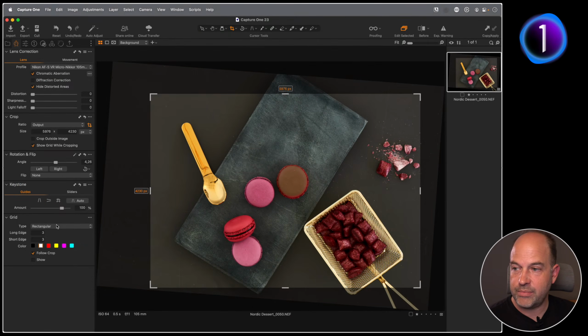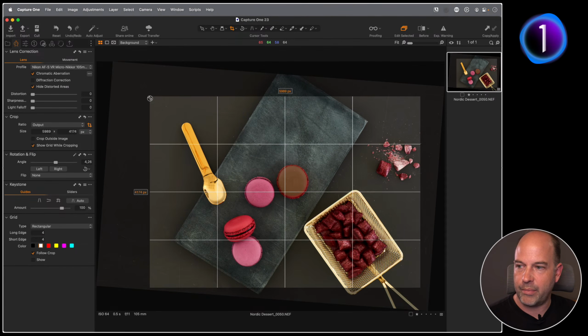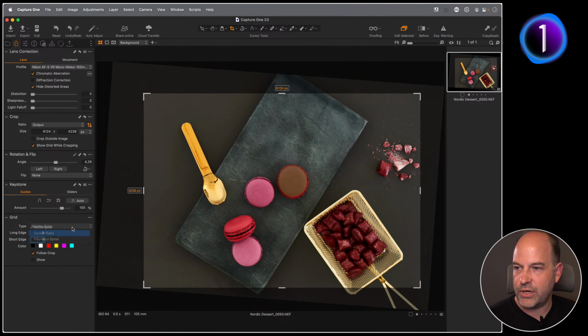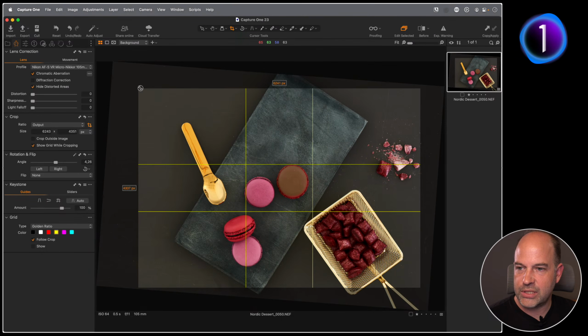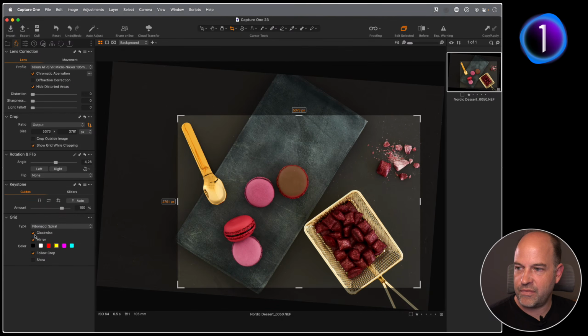We have different grid types. So this is the standard lines. We could add additional lines if we wanted to, and then I would have more pop up. We can control the color of the line, so we can switch it here as an example, but we can also change the type. So golden ratio, not one I use personally, and then the Fibonacci spiral, which has a few additional things like which orientation it's in and so forth. So you can manage all those different types of grids in there, the color as you saw, and follow crop,